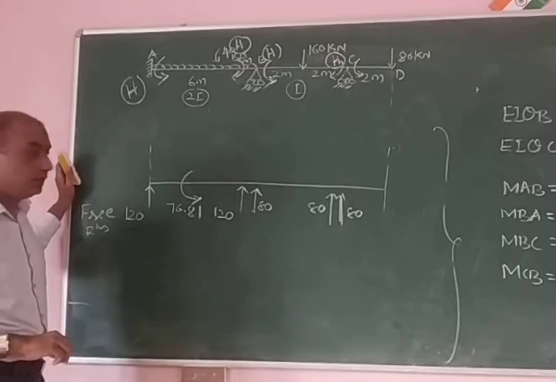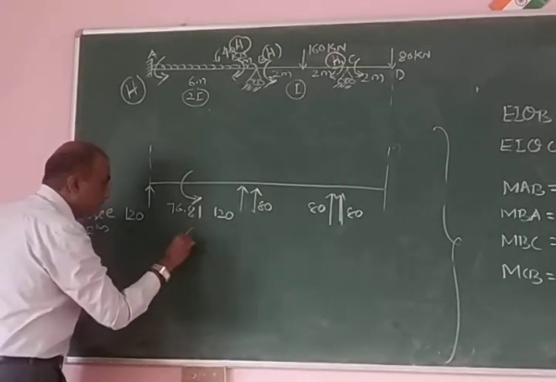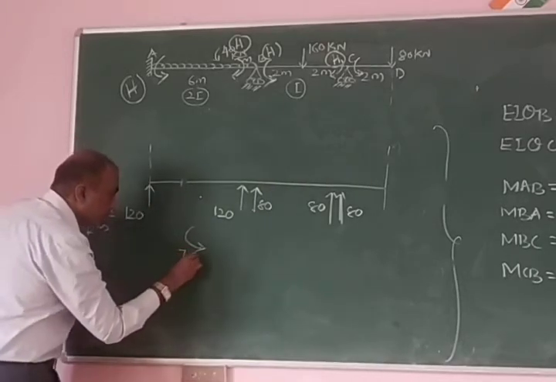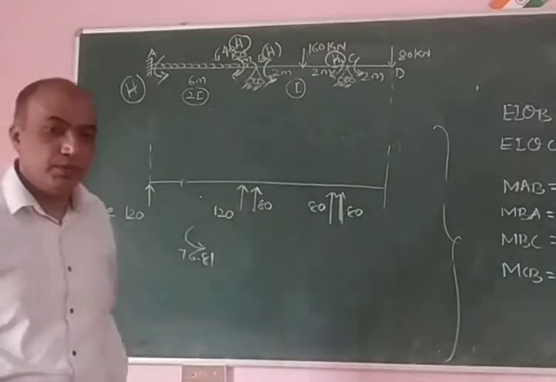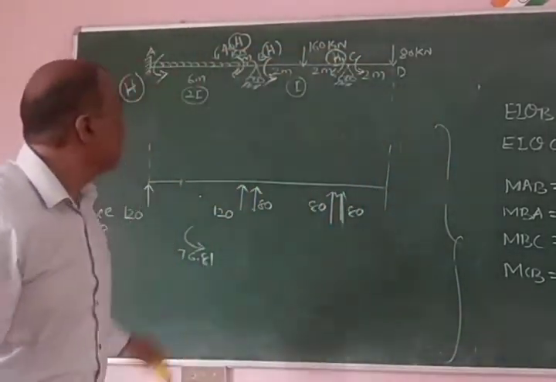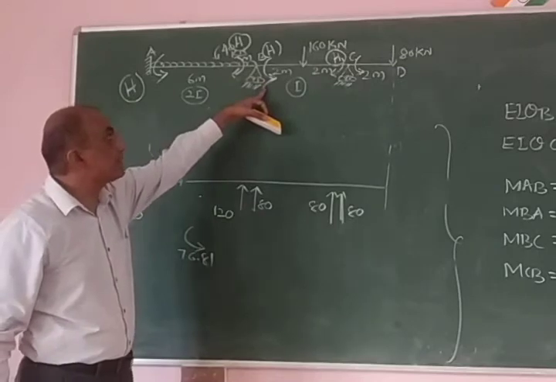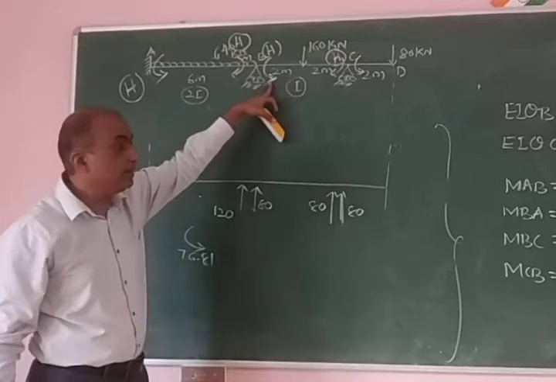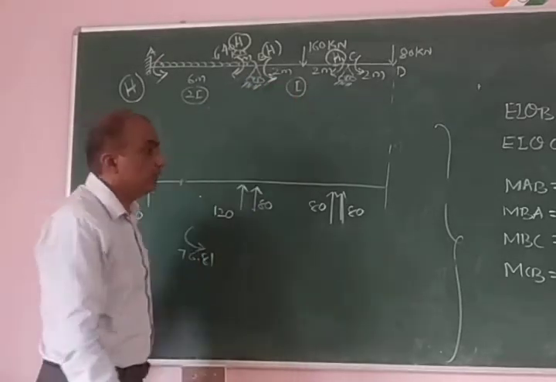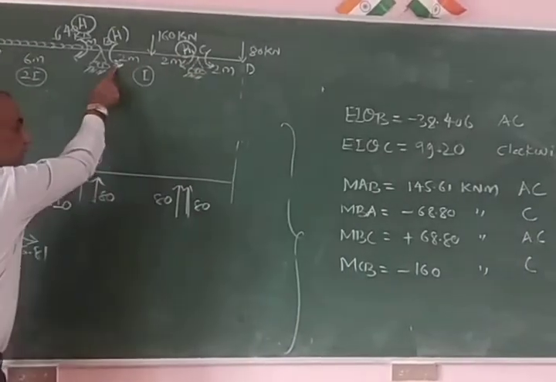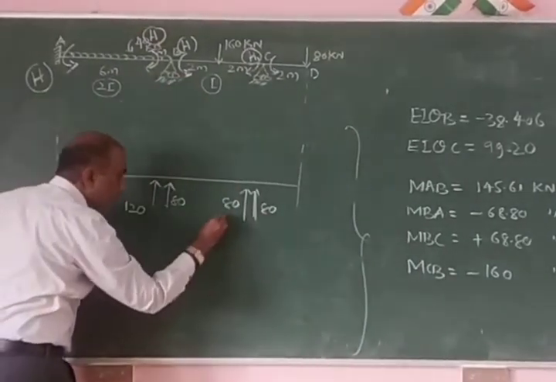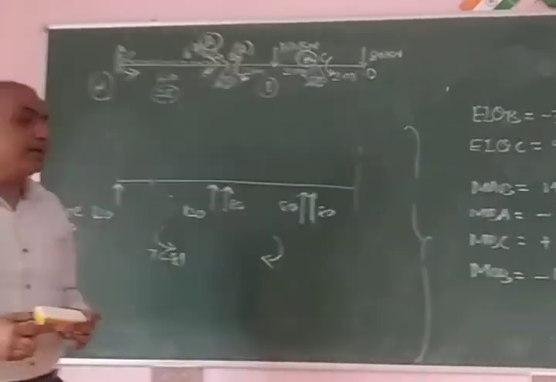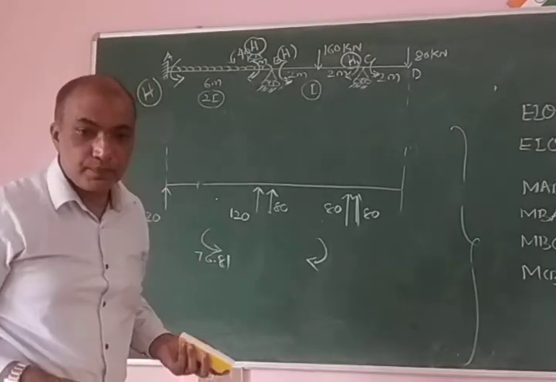76.81 kilonewton meter. Or you can write down here 76.81 kilonewton meter. The next one is, here you can see it is 68.8, and here it is 160. The difference of the two, that is 160 is bigger, is clockwise. How it is obtained? Clockwise is 160 minus 68.8, that comes to